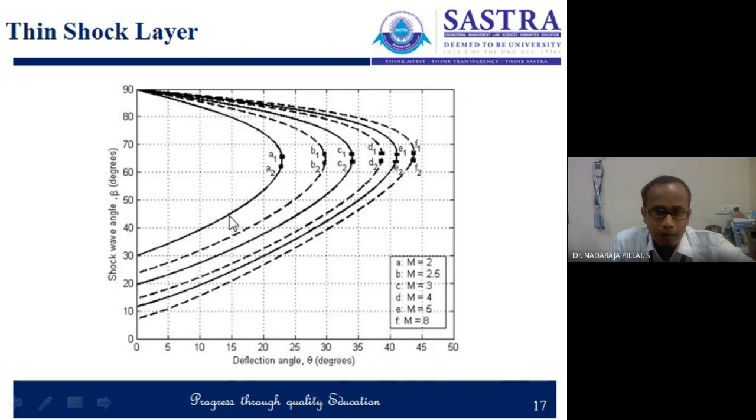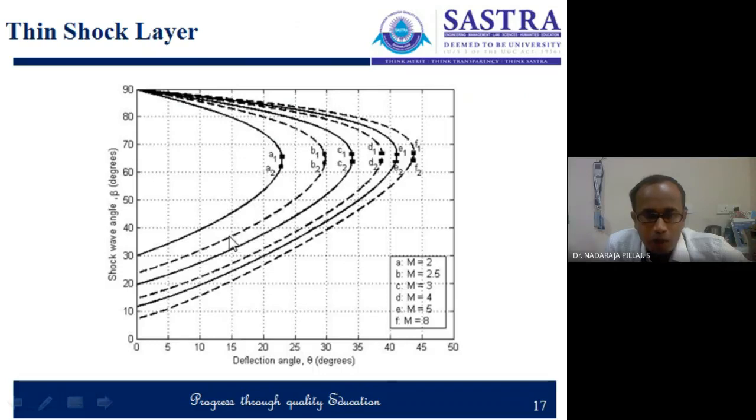Consider a particular case of Mach number 2, where the deflection angle is 15 degrees and the shock wave angle is 43 degrees. We increase the Mach number to 2.5,